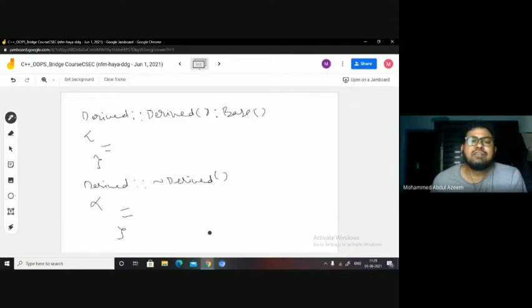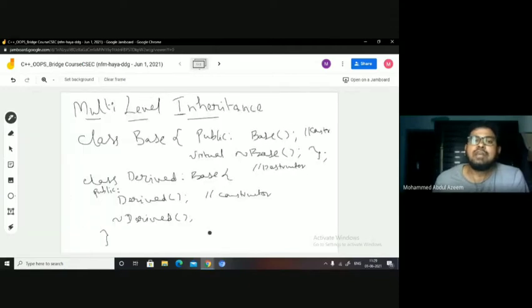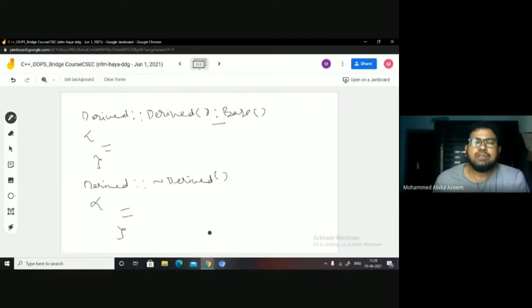So you can see here, for the constructor, invoking the base class constructor happens with the help of the colon kind of thing, right? Whereas for the derived class destructor to be invoked for the derived class object, we are implementing it in this fashion. The method is different, you can see. The method of invoking the base class constructor or destructor through the derived class object is different, right? I hope this is clear to all of you, right?